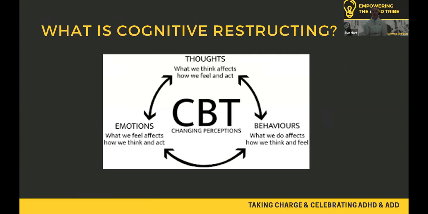So how does it work? CBT is looking at changing perceptions. So when we get born into this world, we don't have many perceptions about anything. And then we don't even have a perception about what our name is until one day our mother or father or caregiver says, oh, Sue, you're Sue. Looks you in the mirror. Sue. You Sue? Me Sue? Yeah, that's when you get the first realization that you are called Sue.